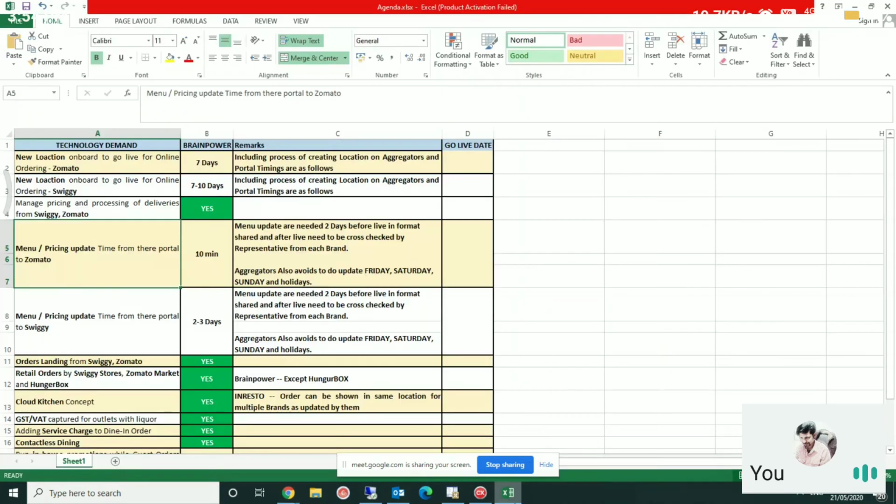So now we would like to see the order flow, which is that an order is taken by Zomato or Swiggy and it lands in my system. And if there is any portal, how exactly do I see the portal where I can accept the order? As you said, an order can be accepted or rejected manually, and it can be dispatched manually also. So I would like to see the whole process now for order taking. So up till now these 4 points are clear, correct? Yeah, 5 points. You can color all those points which are covered.